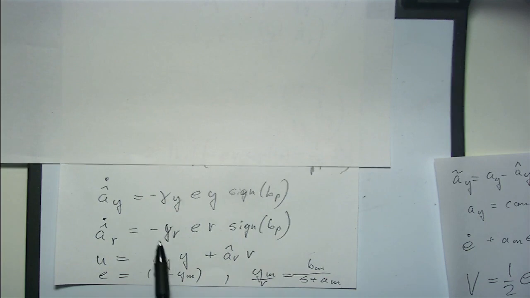and we have here a gamma Y and gamma R. These are just positive constants. The only thing we need to know about the plant is the sign of our input gain. The sign of our input gain tells us whether we are pushing forward in a negative or positive sense. That's the only thing we need to know about the model for this adaptive controller. In a way, we still need to know that it's a first order system of relative degree 1.